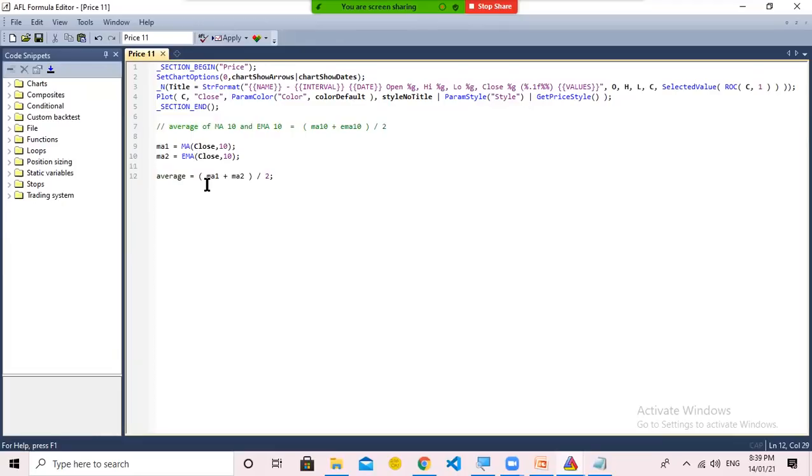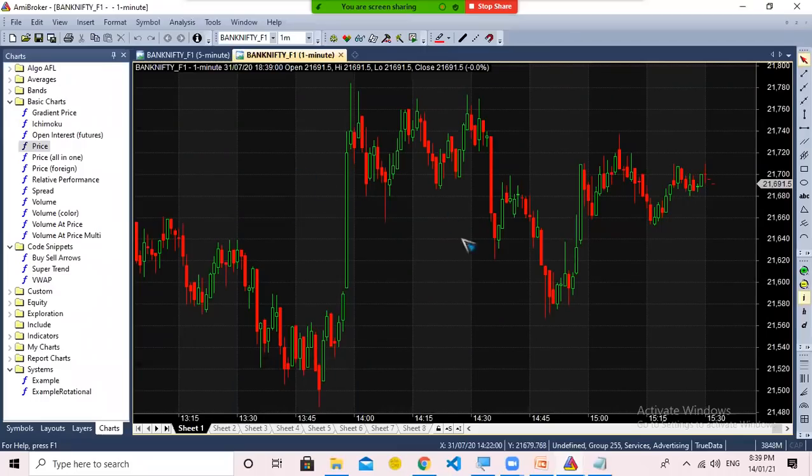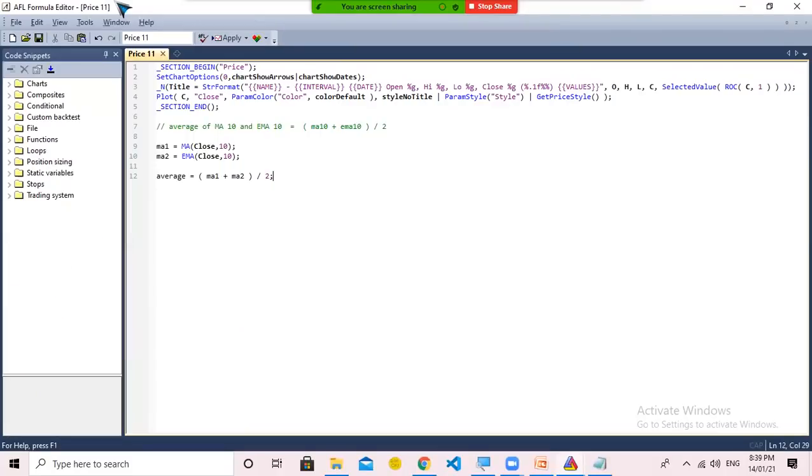Now I want to plot this value on top of my chart. As of now, there is no indicator on my chart. So in order to plot this average value, I use a function called plot. So you can see AmiBroker recognized it. So I start with the round bracket here.